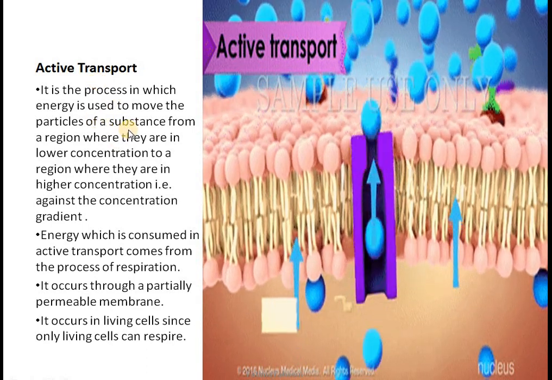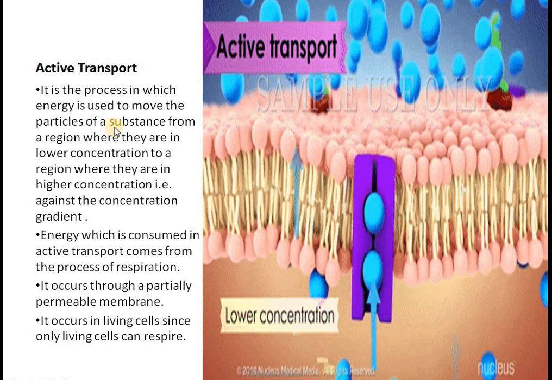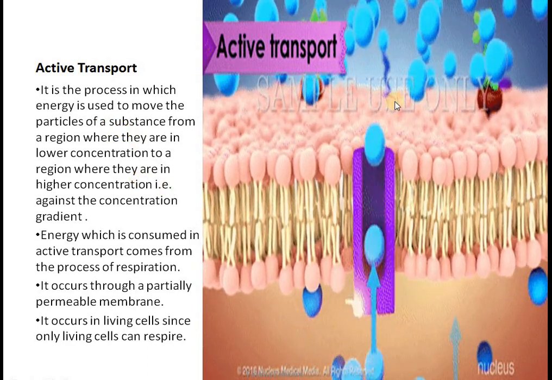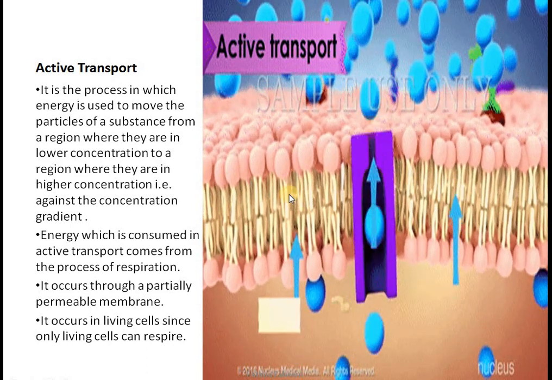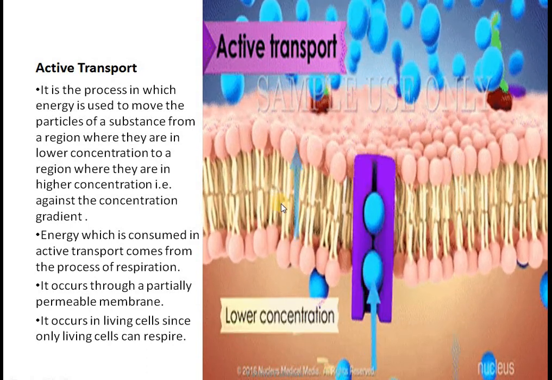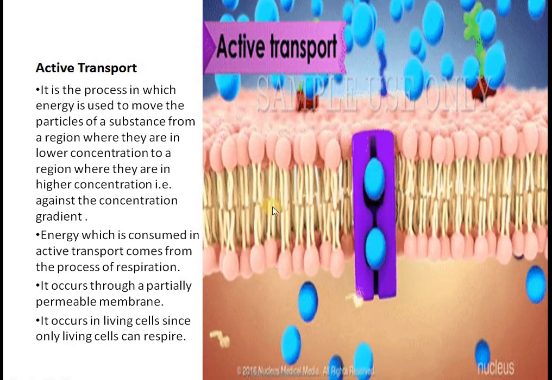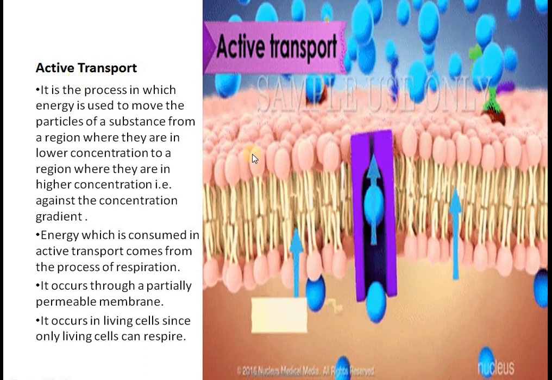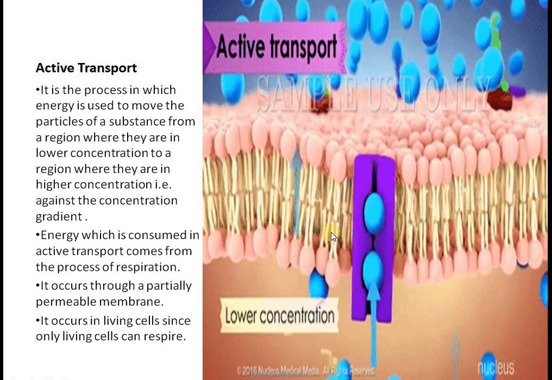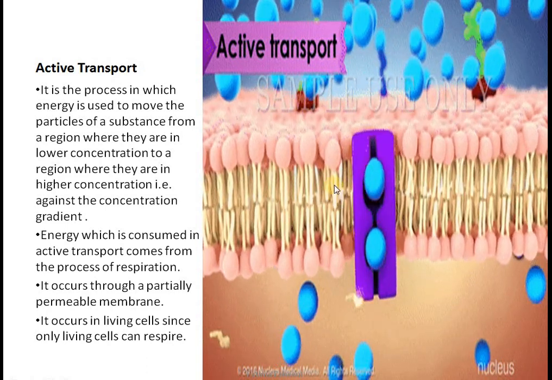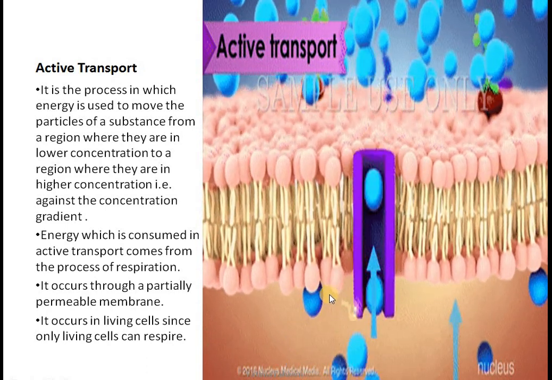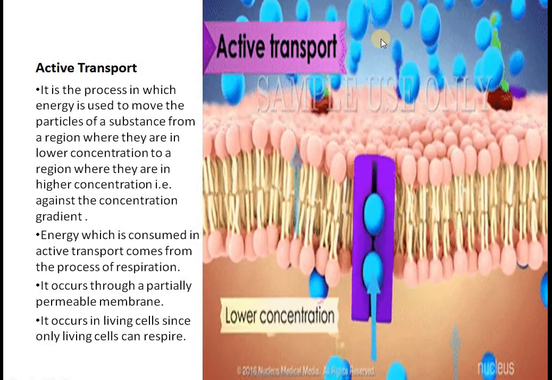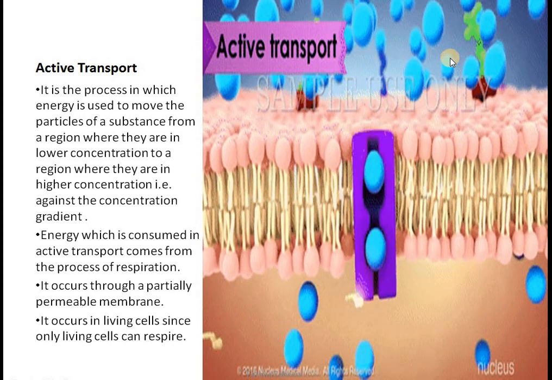Here the movement of molecules or ions or substances or particles is from the area of low concentration to the area of higher concentration. It would be through a partially permeable membrane and with the use of energy. So you see there are many differences in active transport. First of all, it is the movement of molecules and particles against the concentration gradient. Against the concentration gradient means that molecules are moving from lower concentration area to the area of their higher concentration.